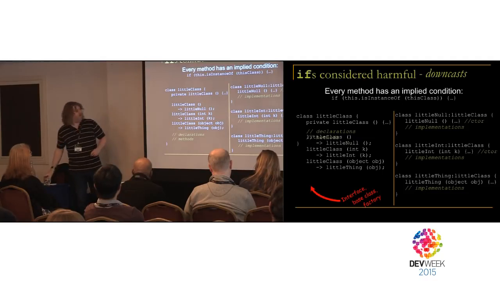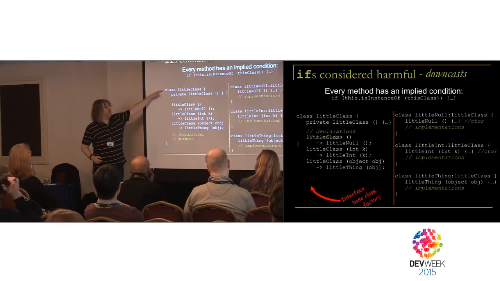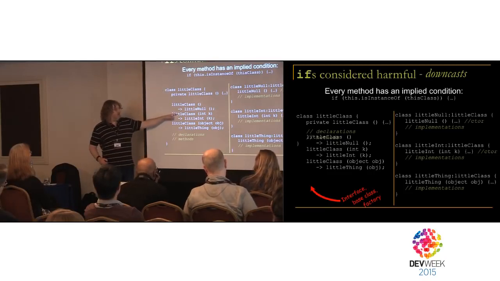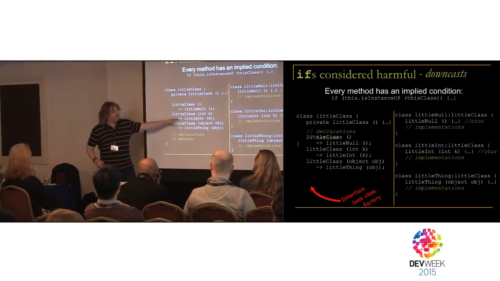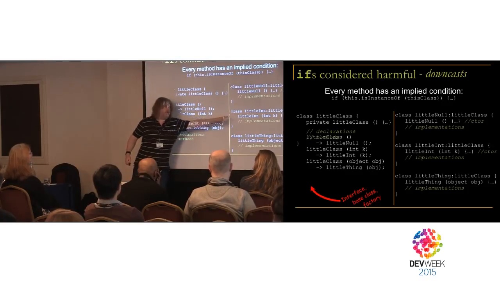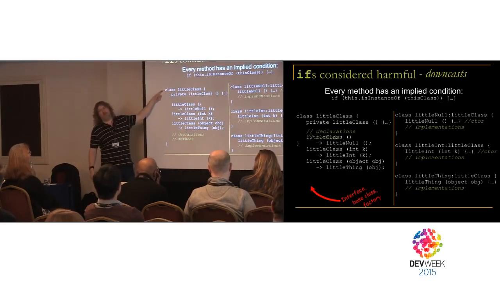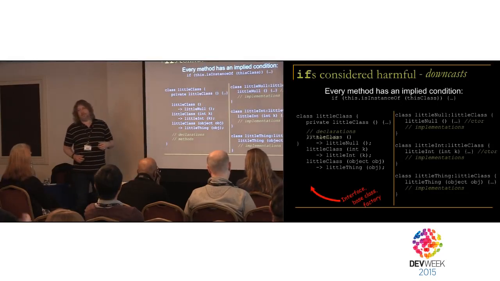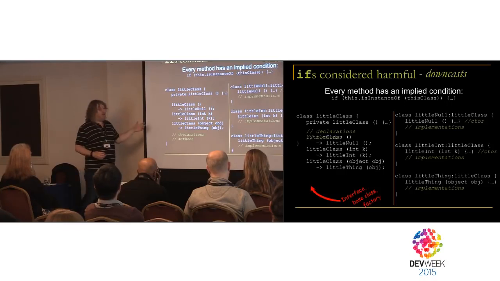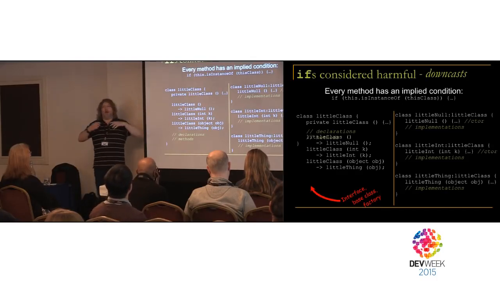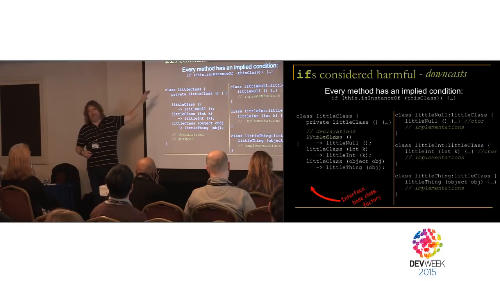What this is saying is that if we attempt to construct one of these using an integer, then what it will do is it'll actually construct one of those and then hand it back as if it's one of these. So what this is doing is it's automatically downcasting. So what we have here is a factory. Basically, this is representing the factory, but it's also upcasting. It's inside the little class itself.